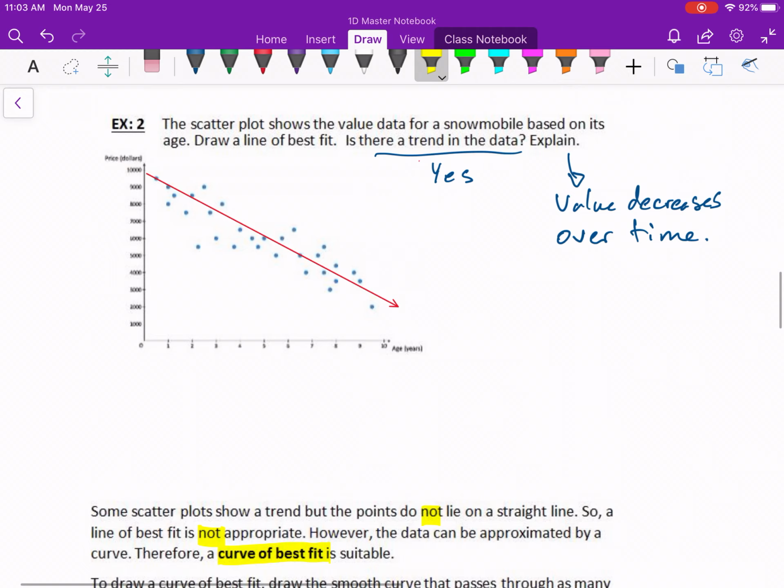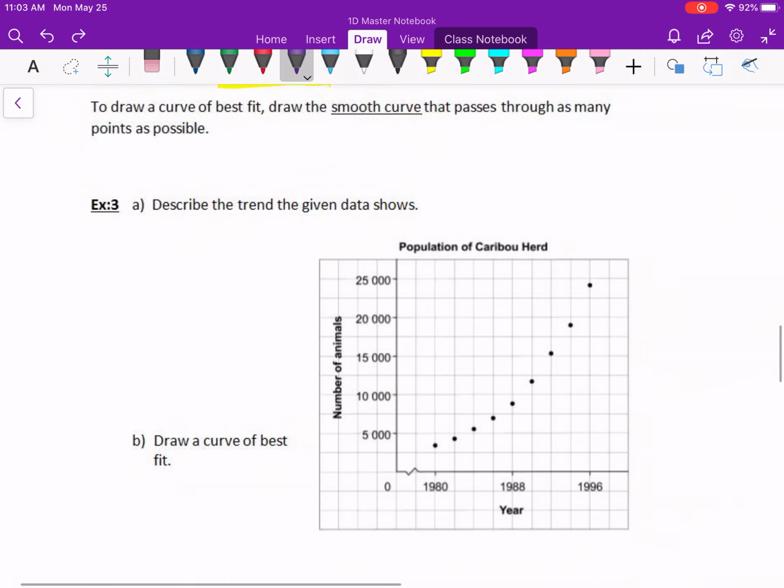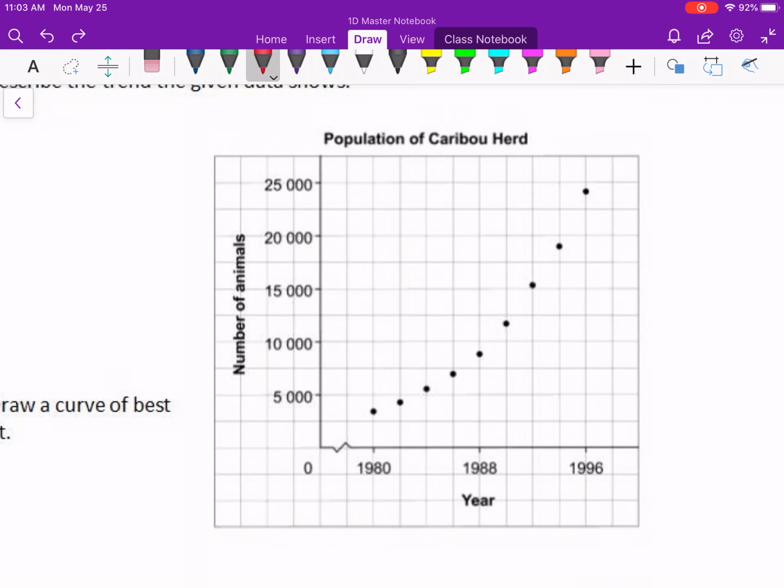If I look back at this one, I would not try to draw a curve of best fit on this one. Like, I'm not going to try to do something like this. It's not connect the dots, right? That's not what we mean by curve of best fit. There should be some sort of obvious curve going on like there is in this one. So this caribou one,